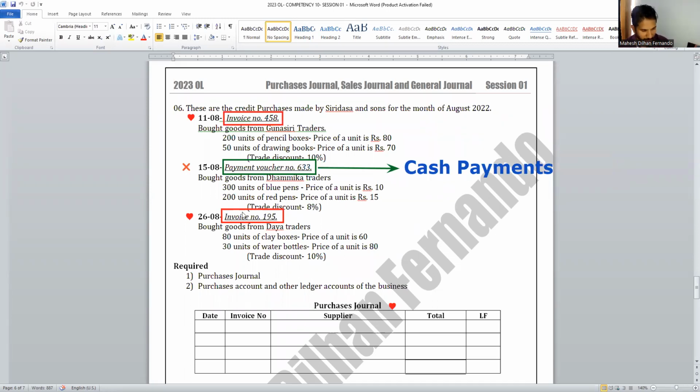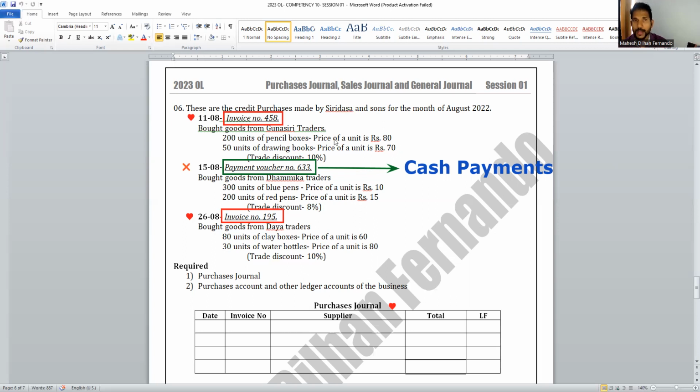We got a question like this, as I can remember, in the 2018 O level paper. The students haven't read it carefully. So they have included all the purchases in the purchases journal, but they have forgotten to remove the cash purchases. Therefore, those who have not sent me the answers for corrections,